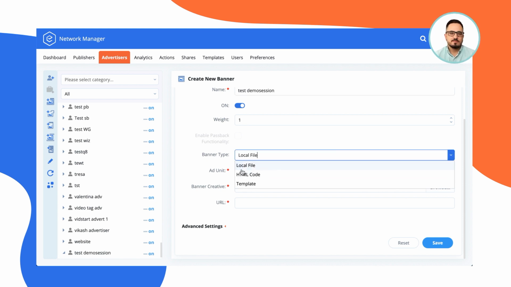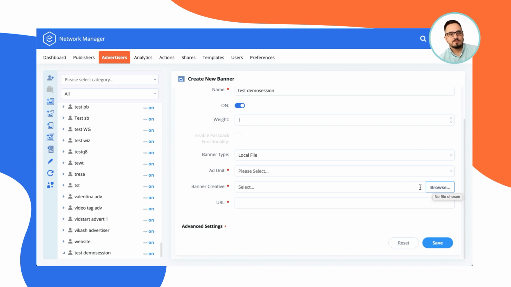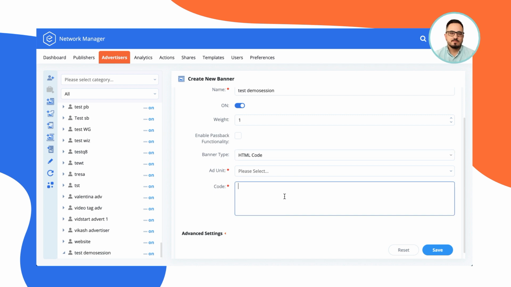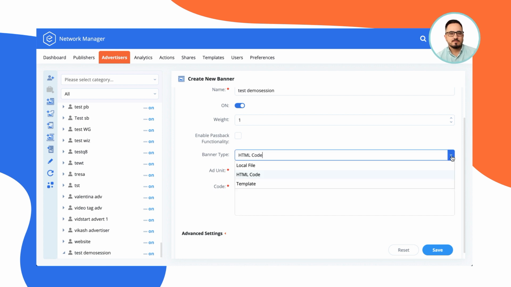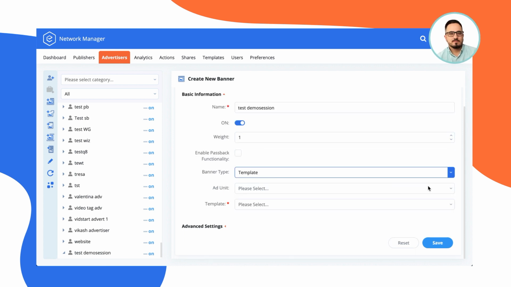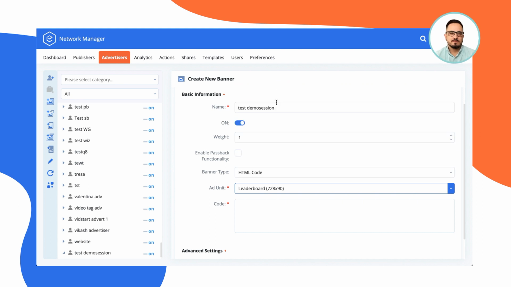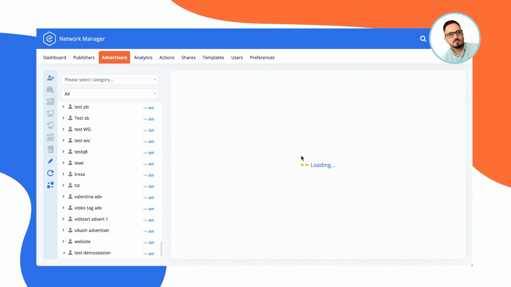Banner types offer you to select between local file, HTML code, and template. Local file allows you to upload a creative directly from your computer to our servers and set a landing page, whereas HTML code allows you to set up a JavaScript, an iframe, or an HTML code that's given to you by some third-party network or third-party advertisers, and templates are used for some of the rich media units. Now let's go with HTML code, and of course we have to select a unit size. Here let's go with leaderboard, because the sizes have to match, and in code we'll just type in code. After we save it,